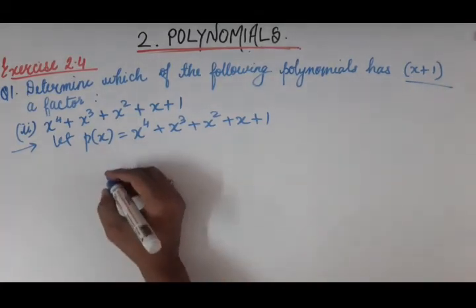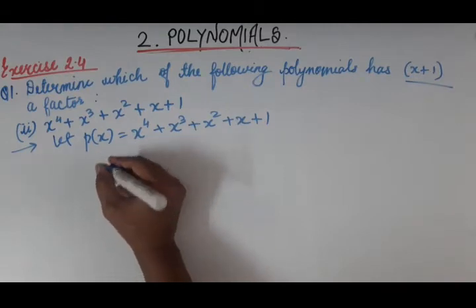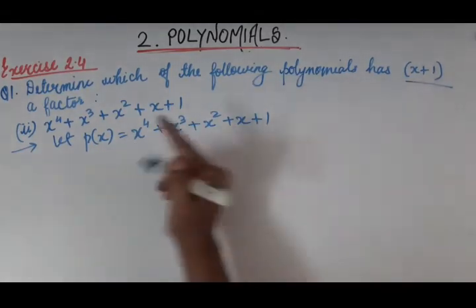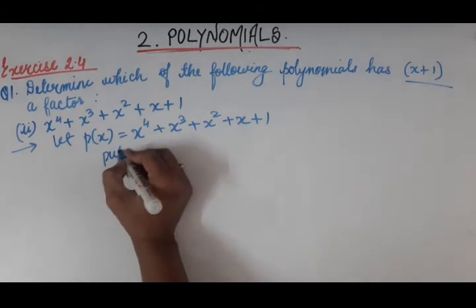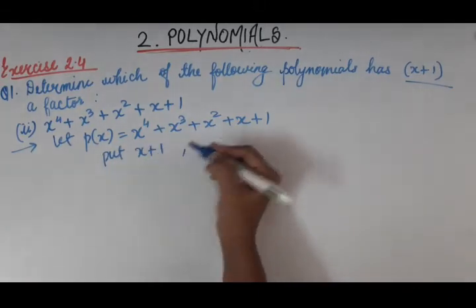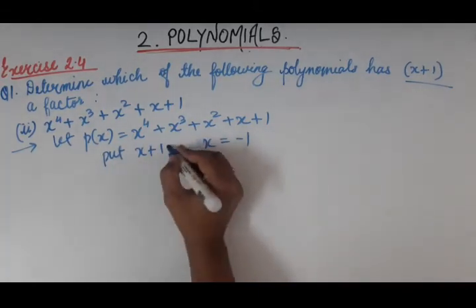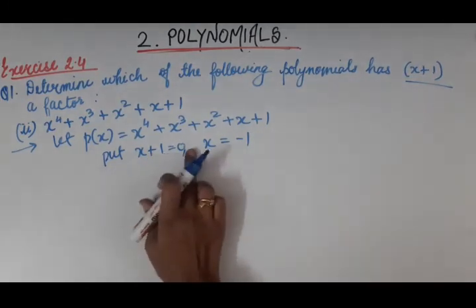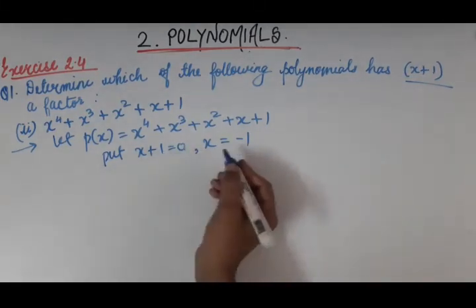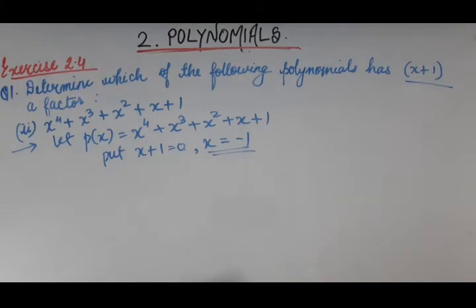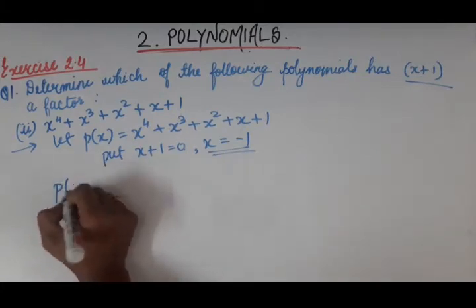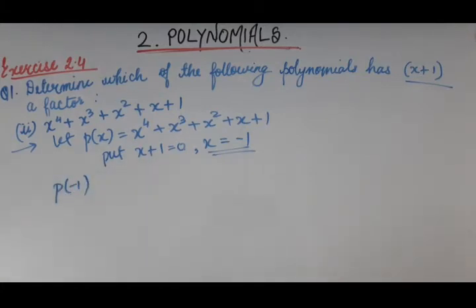So to find remainder, we have to find 0 of divisor. So to find 0 of divisor, we have to equate it with 0. So x will be equal to minus 1. This plus 1, after going that side, it will be minus 1. Okay, so 0 you got minus 1. So find p of minus 1. If p of minus 1 is coming 0, then it will be a factor. If it is not coming 0, then it will not be a factor.